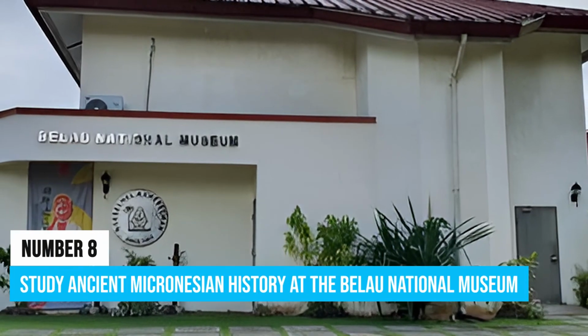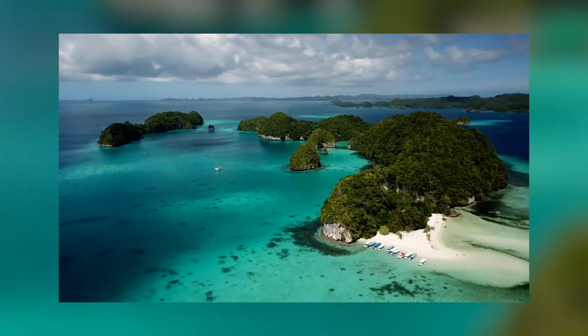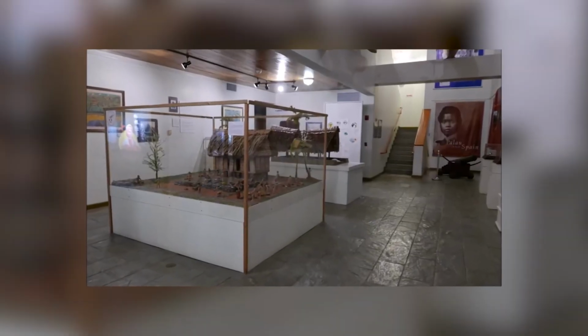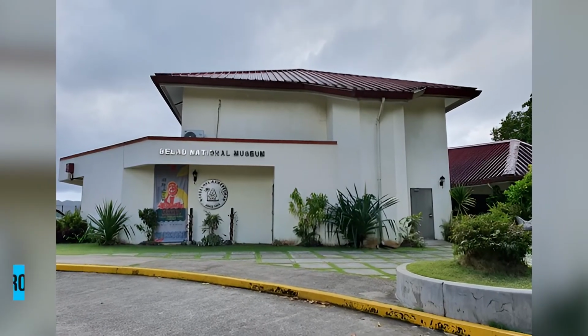Number 8. Study ancient Micronesian history at the Palau National Museum. Indeed, a tour of the islands here in Palau will certainly leave you impressed, but not as much as it would if you already know the history behind most of these islands. Well, there is no better place to go learn about Palau, the islands, and its people than the Palau National